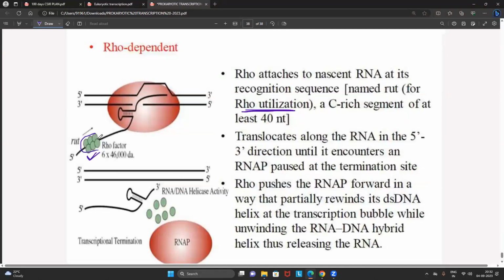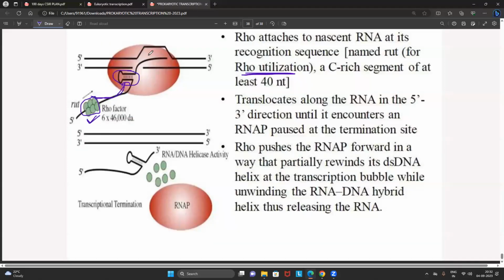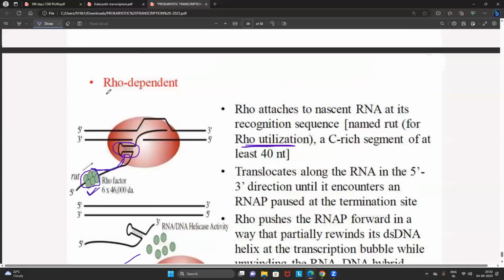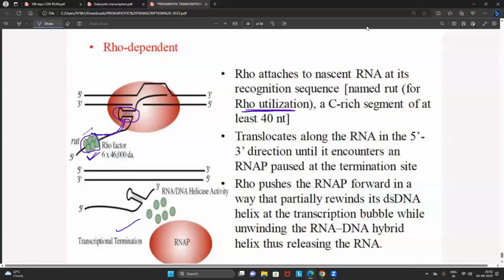Now you know what the Rho protein is doing. The Rho protein is moving till the hairpin loop. See here, the hairpin loop is already formed, right? So the Rho protein will move till the hairpin loop. Then it will provide extra support. It will provide the extra support to the hairpin loop. Then it can pull the mRNA very easily from the DNA. You can see that point. As a result, it can easily separate. Never ever get confused with that particular point. So this is what Rho dependent termination is.